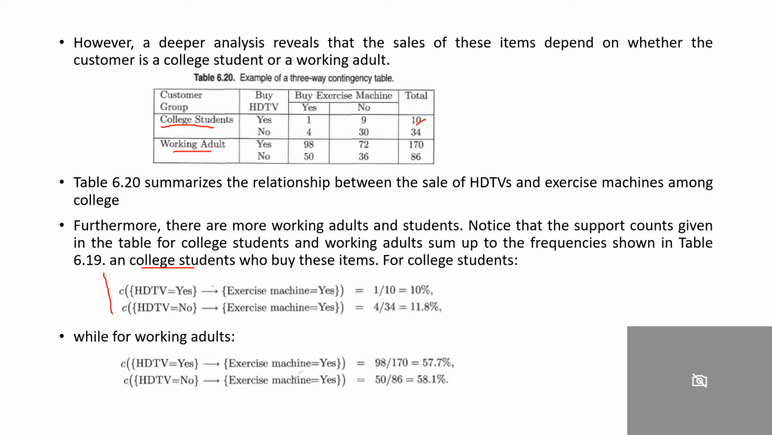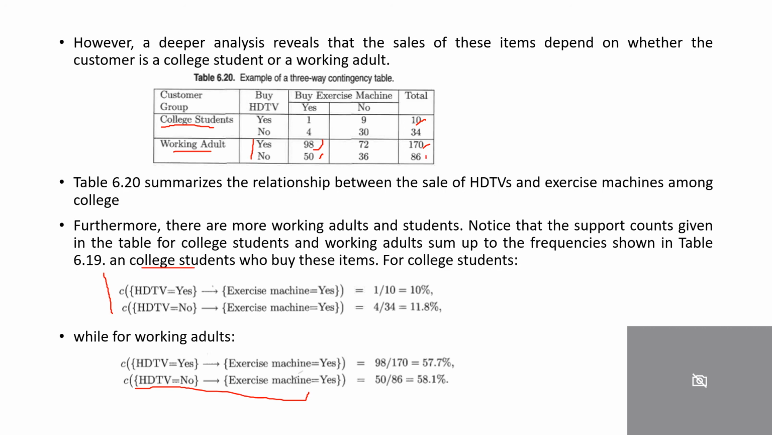Similar confidence is calculated for the second table. Here again, confidence of HDTV yes produces exercise machine yes is yes comma yes, 98, divided by working adults with HDTV yes. Only HDTV yes is, if you observe, 170, correct, 98 divided by 170. Similarly, confidence of the second rule, HDTV no comma yes. No comma yes is 50, divided by the support count of HDTV no, which is nothing but